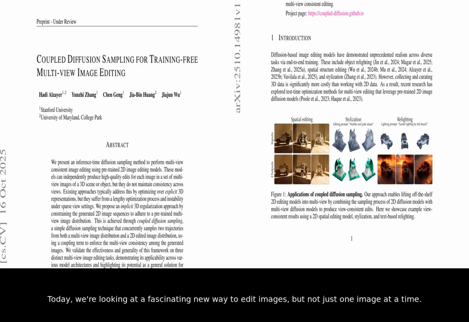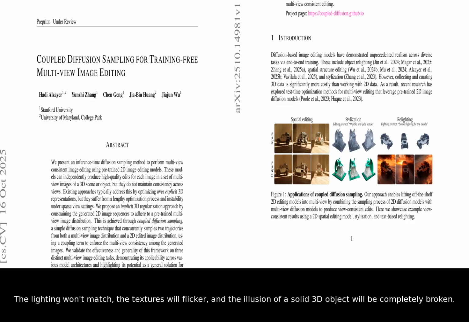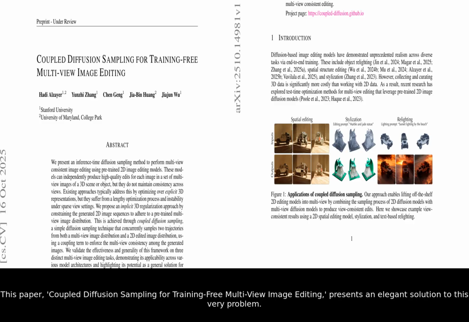Today, we're looking at a fascinating new way to edit images, but not just one image at a time. Imagine you have a set of photos of an object, like this chair, taken from multiple angles. AI is great at editing a single photo, but if you try to edit each of these pictures separately, you'll quickly run into problems. The lighting won't match, the textures will flicker, and the illusion of a solid 3D object will be completely broken. This paper, Coupled Diffusion Sampling for Training-Free Multi-View Image Editing, presents an elegant solution to this